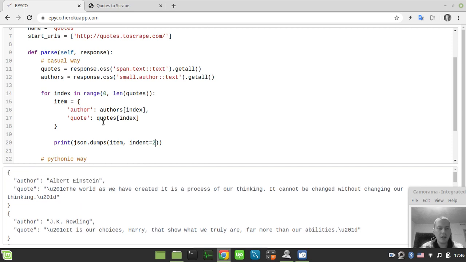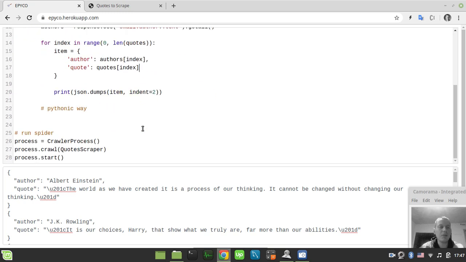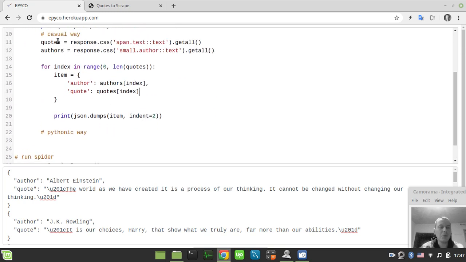Of course, we can strip the unnecessary stuff from the quote by simply saying strip like this, but this is already not specific to Scrapy. Okay, so for some reason it didn't remove these Unicode symbols. Well, this is just a Unicode symbol, so maybe just forget about strip, it doesn't really matter, that doesn't regard this particular tutorial. Okay, so this was the casual way of doing things, and now let me show you